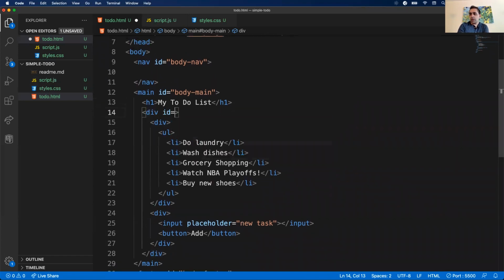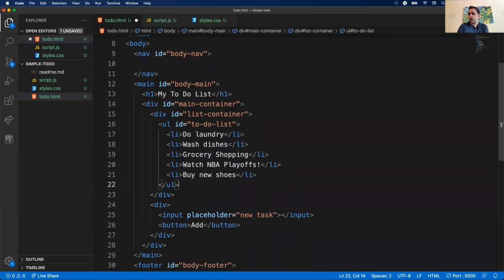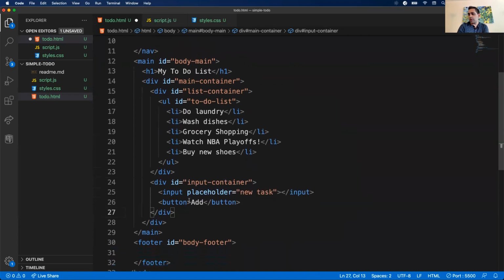I'm just going to do this. Call this container, and we'll say ID equals lists container. I don't need to give IDs to my list elements here. They're just static. So we have our divs, or list has a name. Let's say the div ID here would be inputs container. And our inputs where I need the name, so the input ID will be